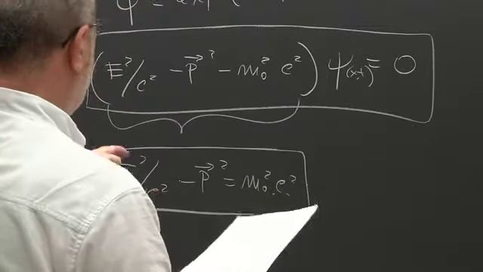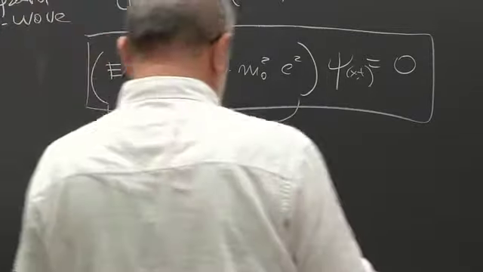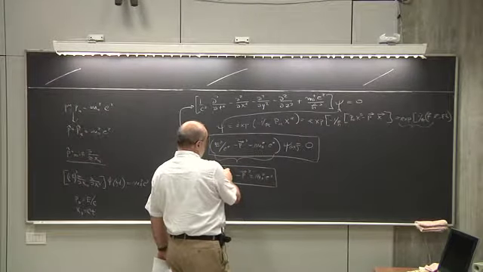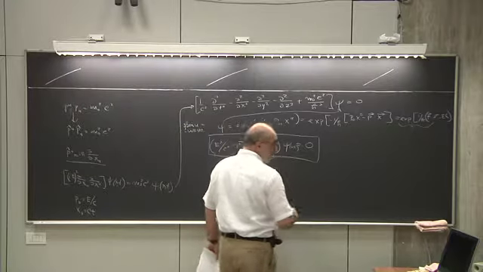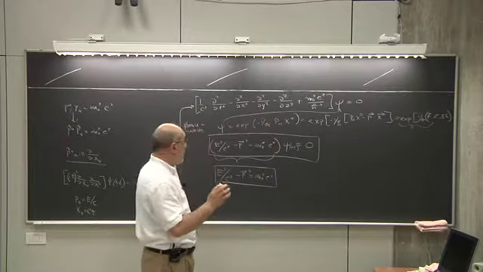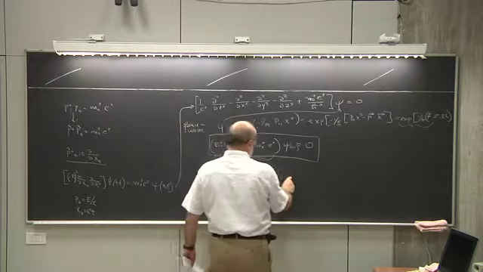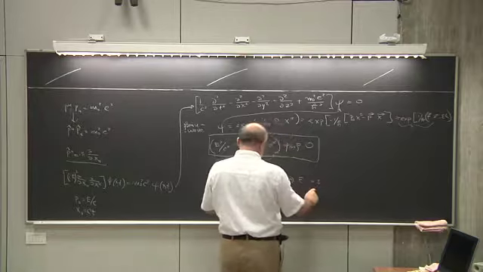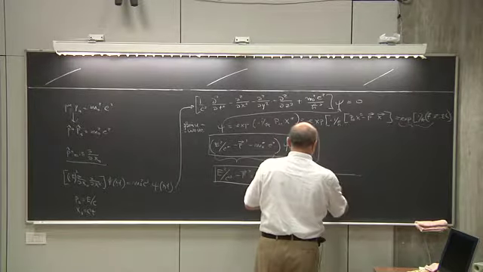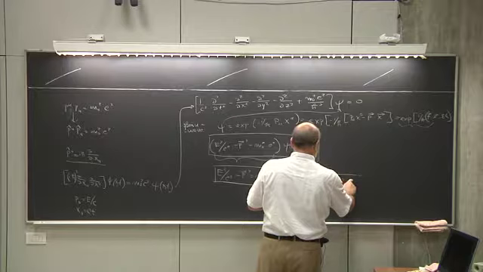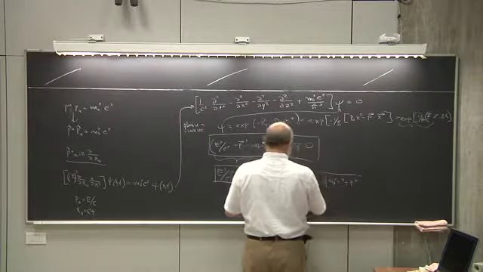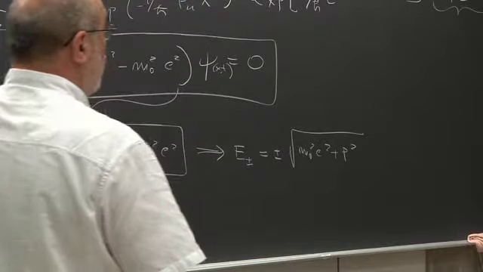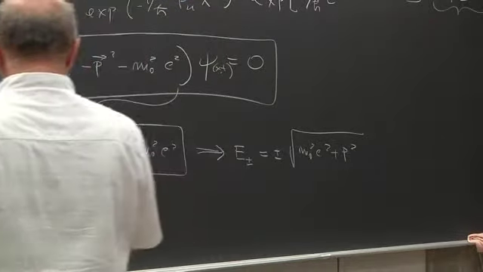Now, let us look at this in a little more detail, and let's solve it and see, for example, given a momentum and a mass, how many energies we have. Well, it's easy to solve this. E is equal to plus or minus the square root of m squared c to the fourth plus p squared c squared. So there are two energies associated to each momentum, while in the non-relativistic case,